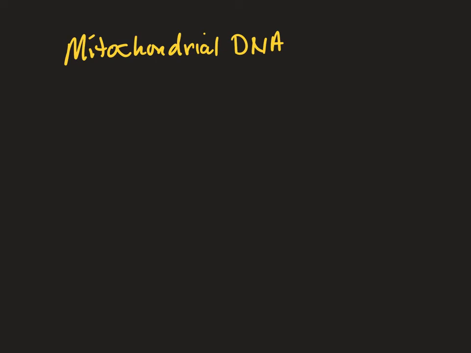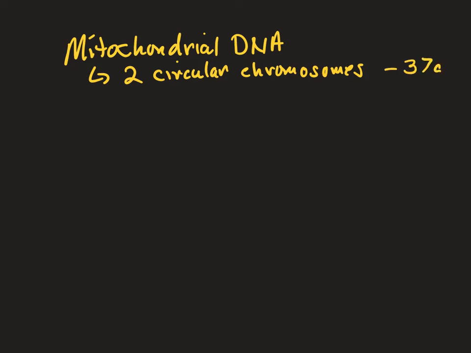Mitochondrial DNA. Mitochondria have two circular chromosomes, which I found interesting, that are very much like the chromosomes of bacteria. Circular pieces of DNA. And those two circular chromosomes have a total of 37 genes